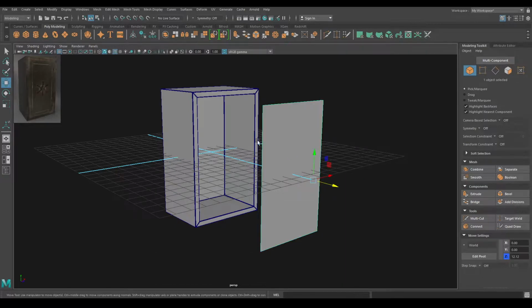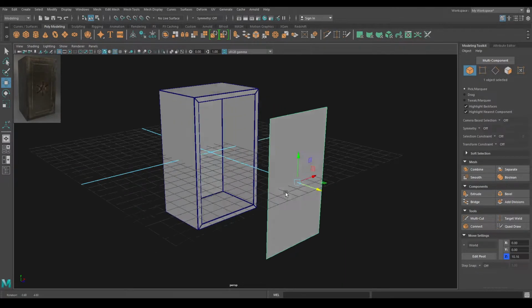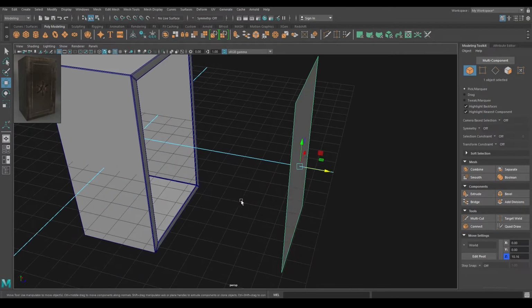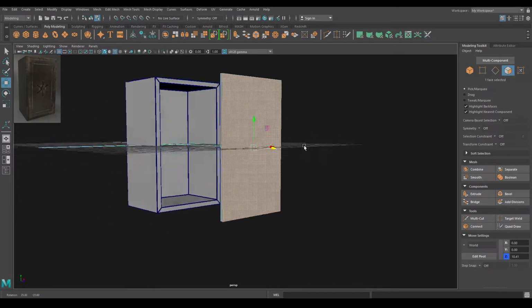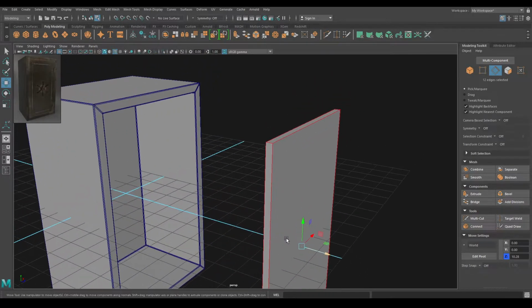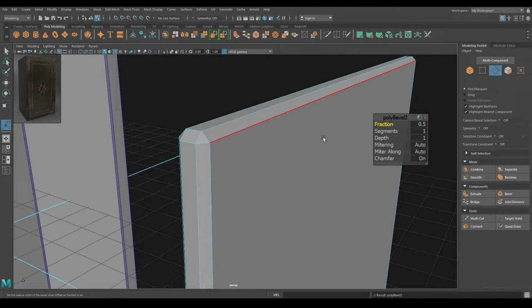Let's select this object and first go to modify and click on this center pivot. And press Ctrl E to extrude this face. Add the thickness of 0.2, or let's add 0.25. Now again go to edge mode, select all these edges and press Shift, right click and bevel edge.